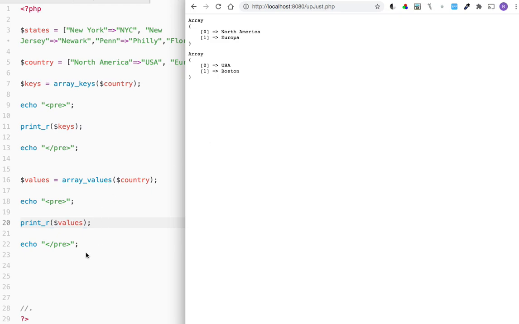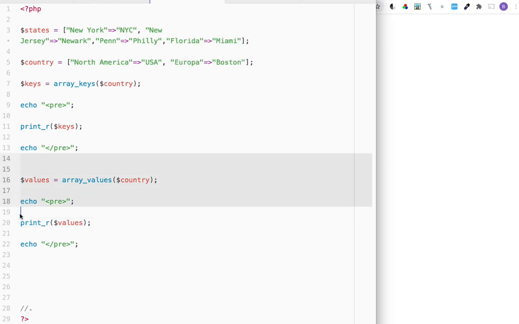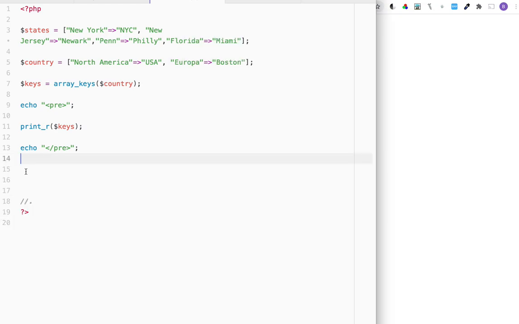Should we get rid of some of this stuff? Let's get rid of this one. We'll keep that one for now. Let's say you want to create a function. So what happens is with the array, this is how it's spelled, like this. Okay. So what happens is this function sends each value of an array to a user-made function that you're going to create, and it returns an array with the new values. Now it depends on what you're doing with the function, of course. Given that the user name function,